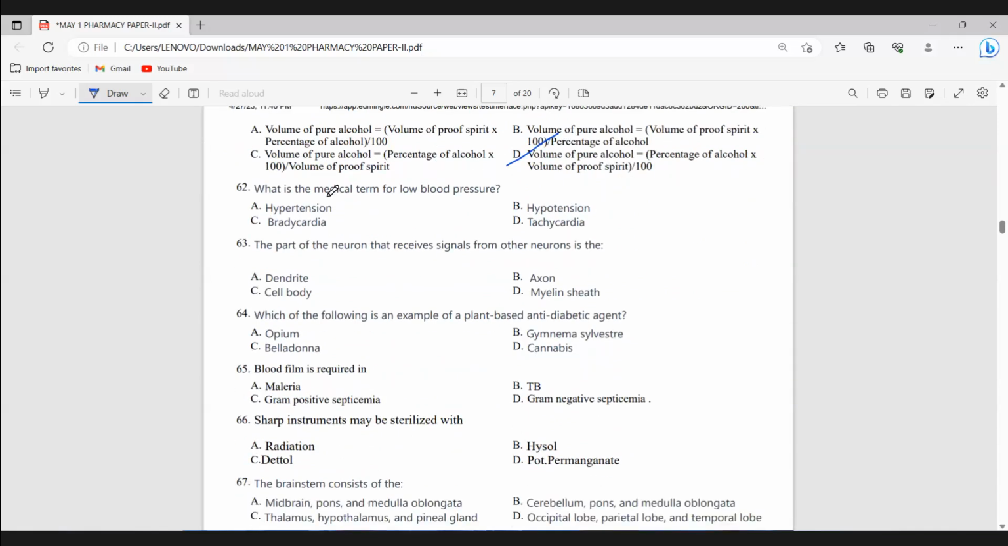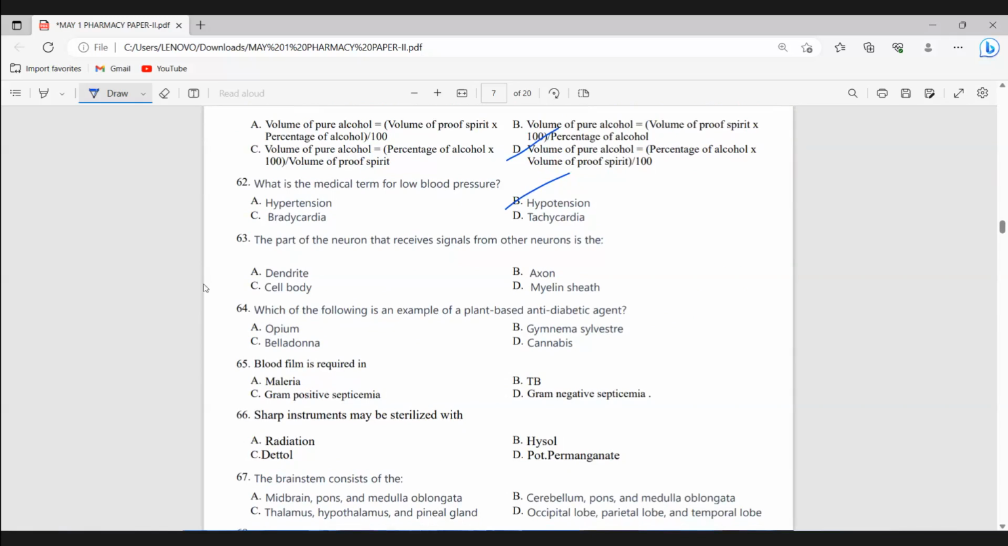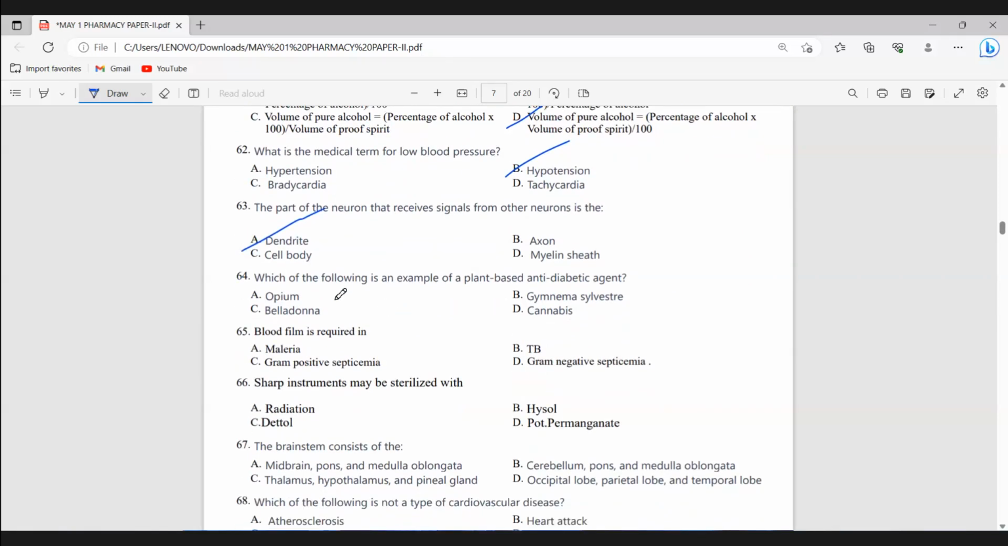Then 62, what is the medical term for low blood pressure? That is hypotension. Then 63, the part of neuron that receives signals from other neurons is the dendrite. And 64, which of the following is an example of plant-based anti-diabetic drug? Gymnema sylvestre. Then blood film is required